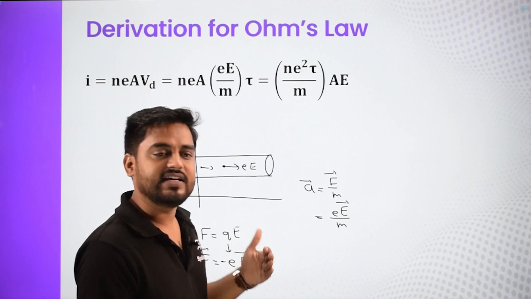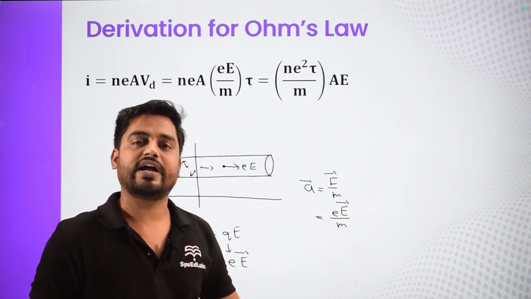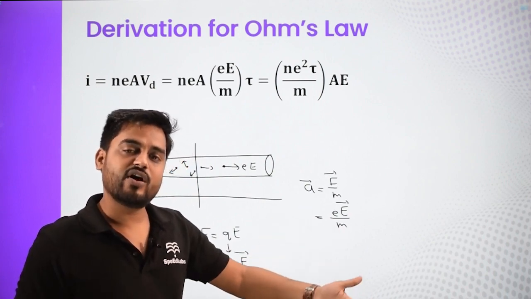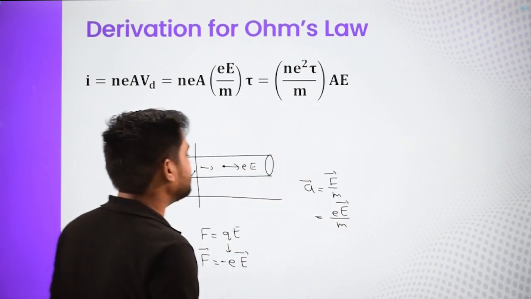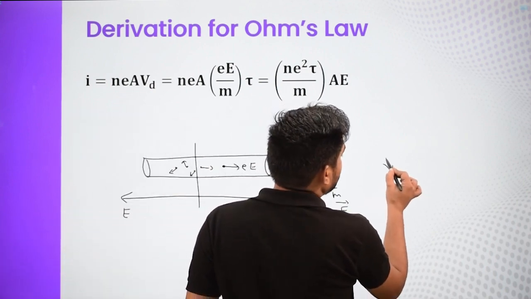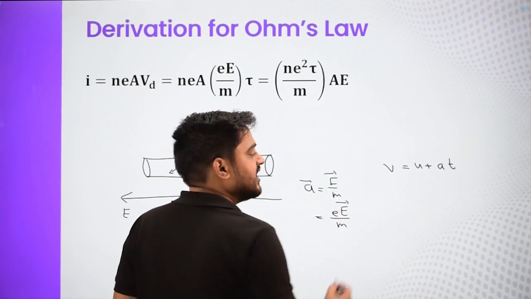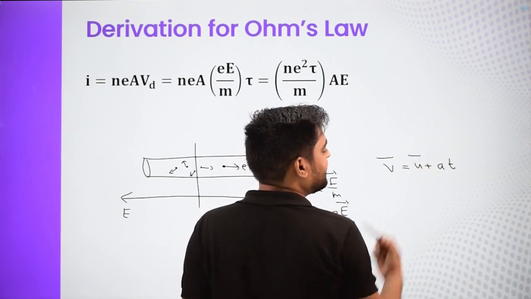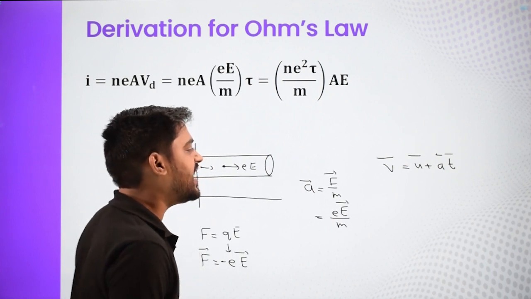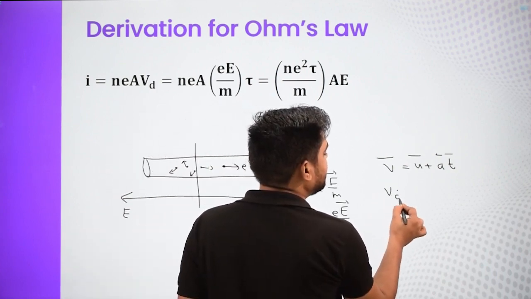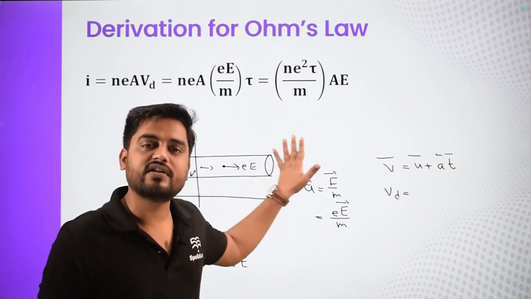But this velocity can't keep increasing. As the velocity increases, the electron will collide with some other electron. It will stop or it might come back. So, its velocity is assumed to be kind of constant. I am applying the equation v equals u plus at, and now I am finding the averages: average of final velocities, average of initial velocities, average acceleration and average time. So, I will assume that my final average velocity is nothing but the drift velocity. All the electrons finally have a single velocity called the drift velocity.